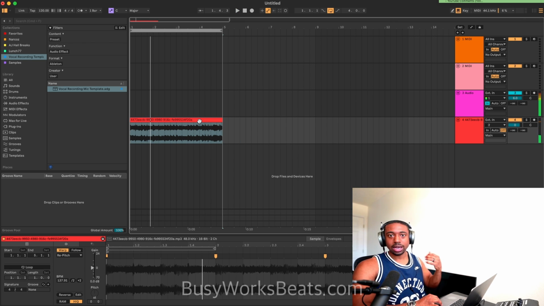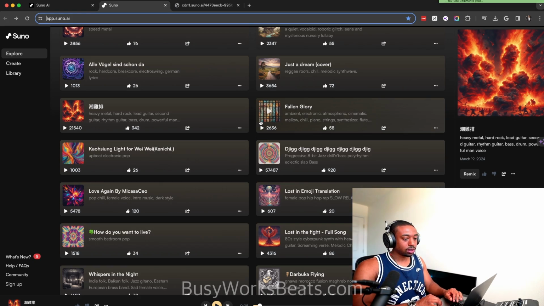Now imagine you add the stem separation from FL, you remove the drums and now you have the guitars. I don't have that loaded up right now because I'm using Ableton for the microphone. I just wanted to show you how to download.